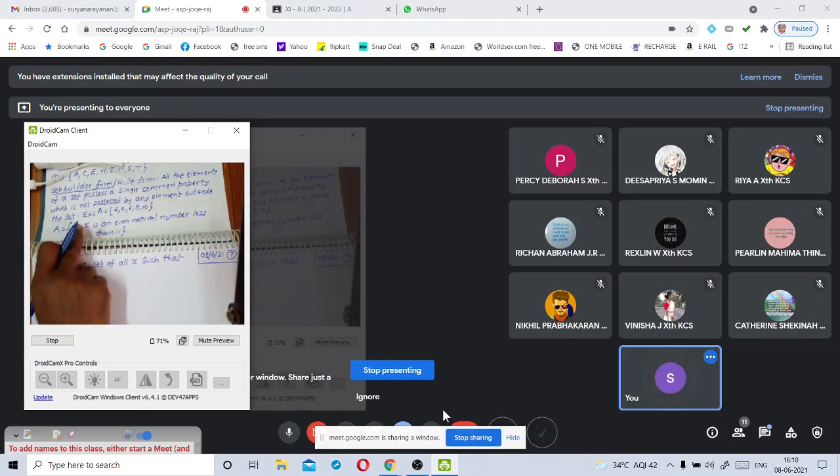Here I have kept two dots. Observe here, my dear children, two dots I kept here. That is read as such that x is